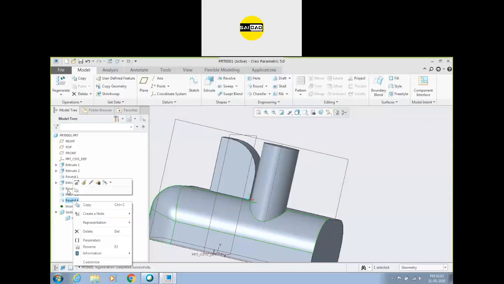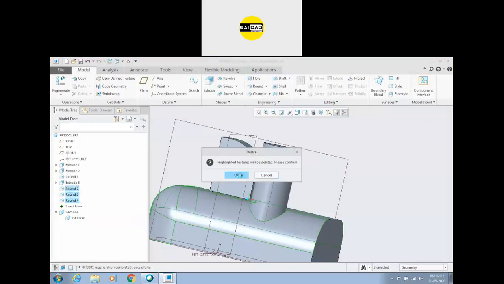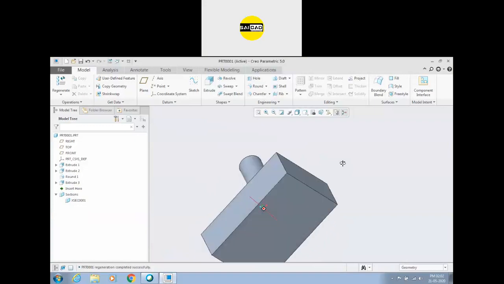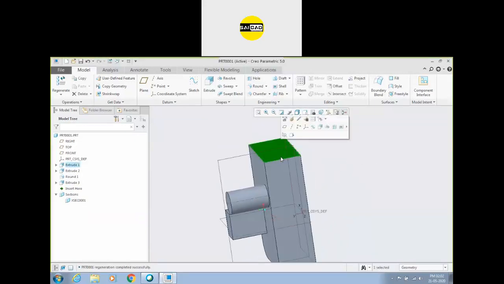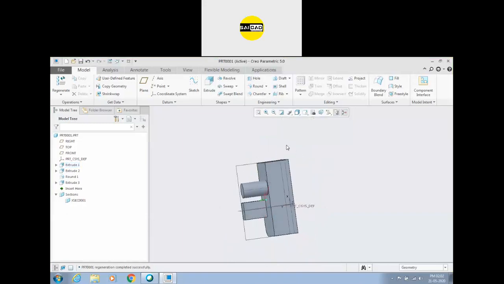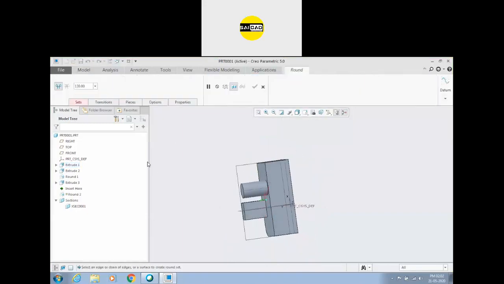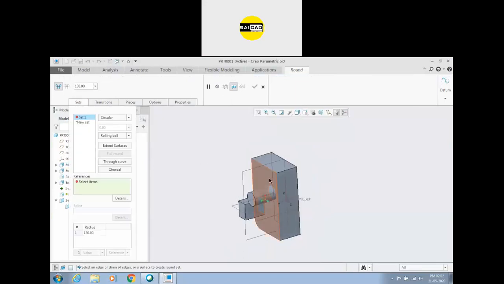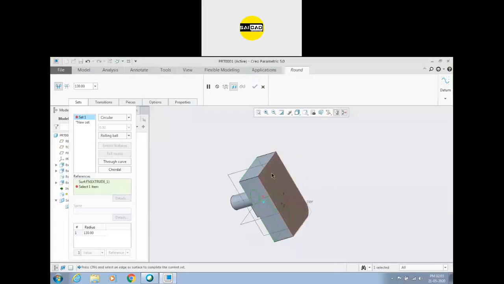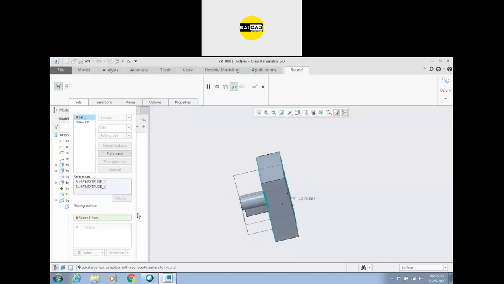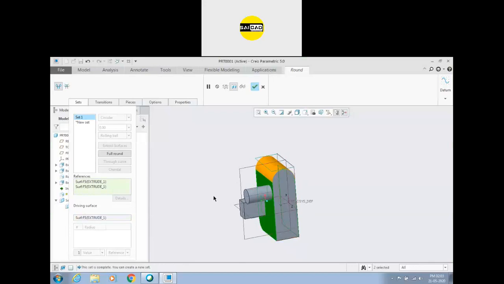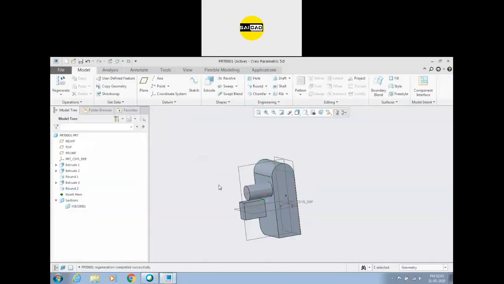So next, the last option we are going to use is how you can create a fillet, how you can convert this edge, this face into a circular face. So to do that, we have to use the full round fillet, and to use the full round fillet, you have to just select this face, press the control, this face. Okay, first you have to select two faces parallel. Okay, and after that you will have an option here that is the driving face, and that you have to select the middle face. You can create a fillet like that.